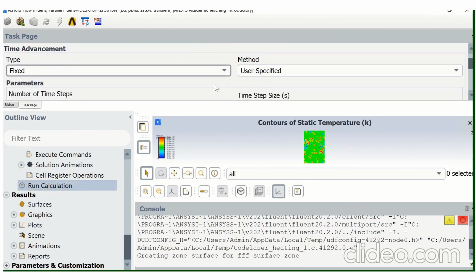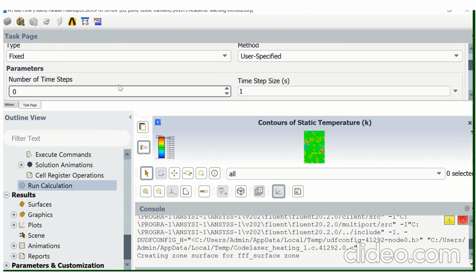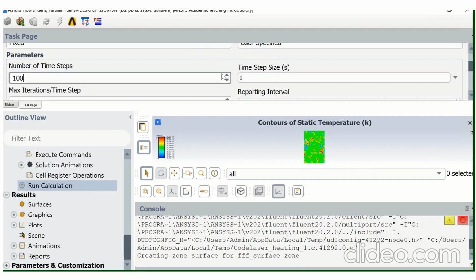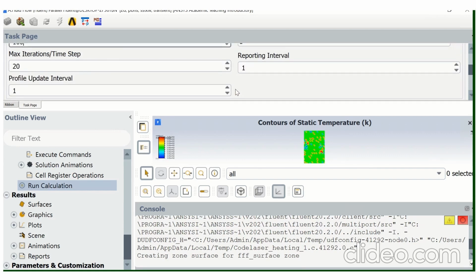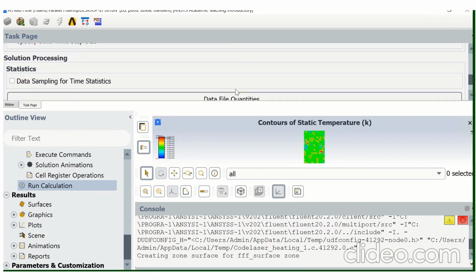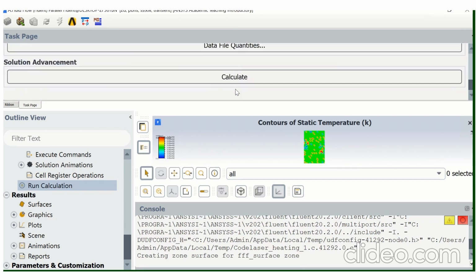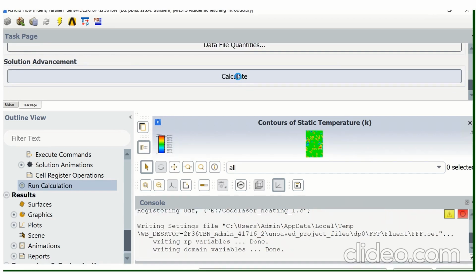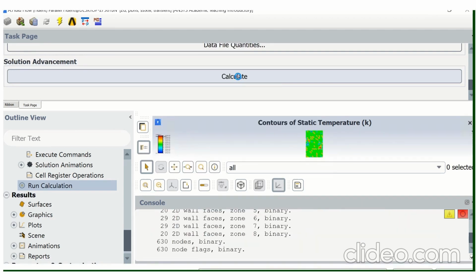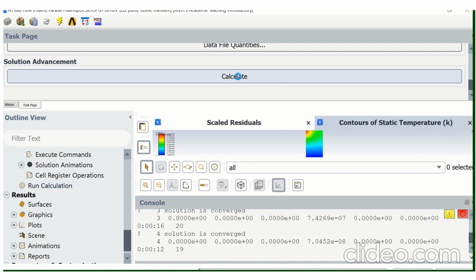Here you have to give some specific values: type is fixed, method is user defined, number of time steps I will give 100, then time step size is 1, then maximum iterations per time step is 20, and everything else remains the same. So when I click on calculate, it will run the simulation.